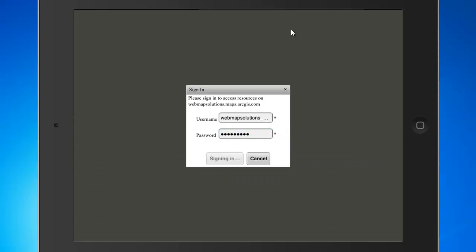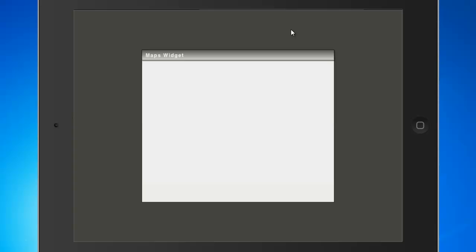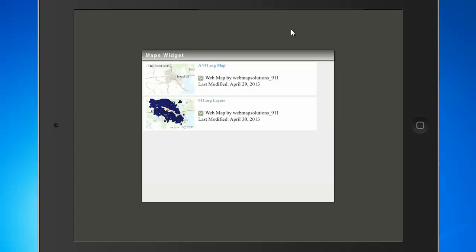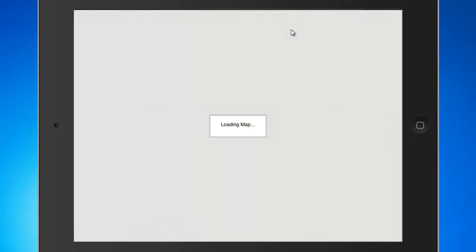I would suggest when Michelle sets it up on your account that you don't use the same combination of letters and numbers. Okay, so what you've got loaded here now are the two web maps that we've actually pushed to ArcGIS Online. Michelle and I walked through this morning on how to set all this stuff up, but this is on our account. We've got a username, webmap solutions underscore 911, and we've published two web maps there. So we've got the option to select one or the other in this pop-up. We'll select the second one, we'll load the map,